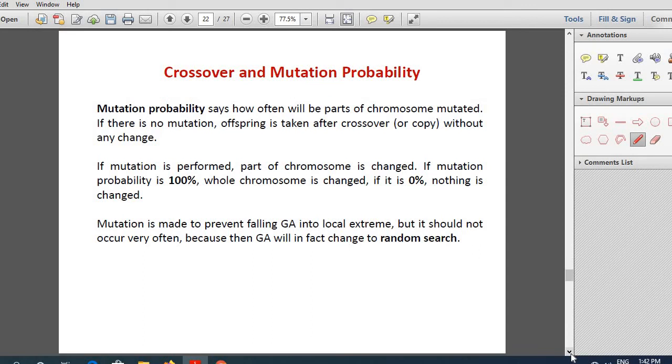Now what about mutation? What is the meaning of 100% mutation? If it is 100% mutation, all the offspring will be mutated. So it is not allowed. And if it is 0% mutation, nothing has changed. So through mutation, sometimes, like I told you, some genius can be produced. So it is sometimes through mutation that from the normal solutions you suddenly approach a very genius solution or the best solution. So mutation is very crucial, but the probability of mutation should be low, because if you set it high, it just changes to a random search.